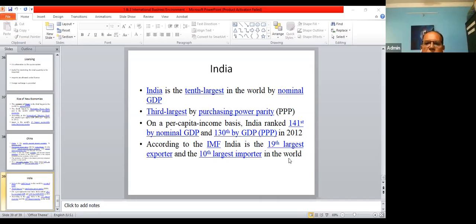Then these are some types of transaction: settlement date and value date, the day on which transfers are effected. The day on which we transfer is called the settlement date and value date. Settlement locations are the relevant countries. Suppose you are doing business from India to the US, so these two countries are the settlement locations, India and US. Then the location of the two banks involved in the trade.